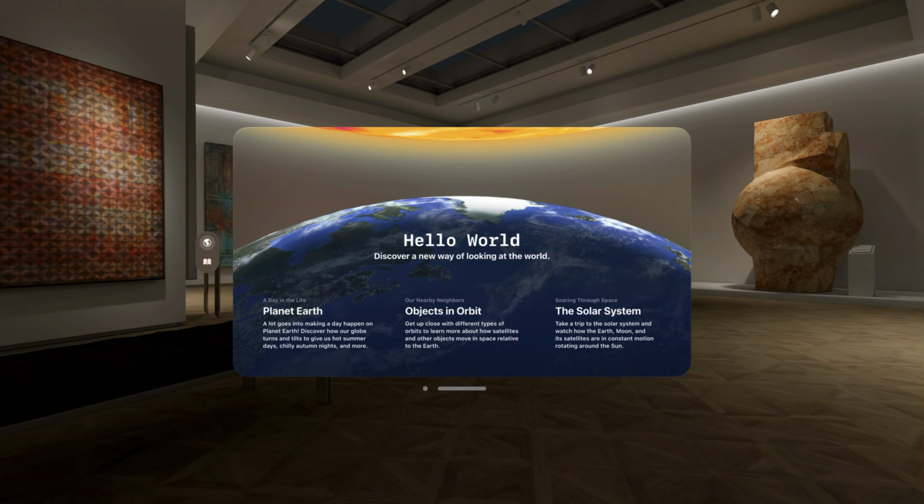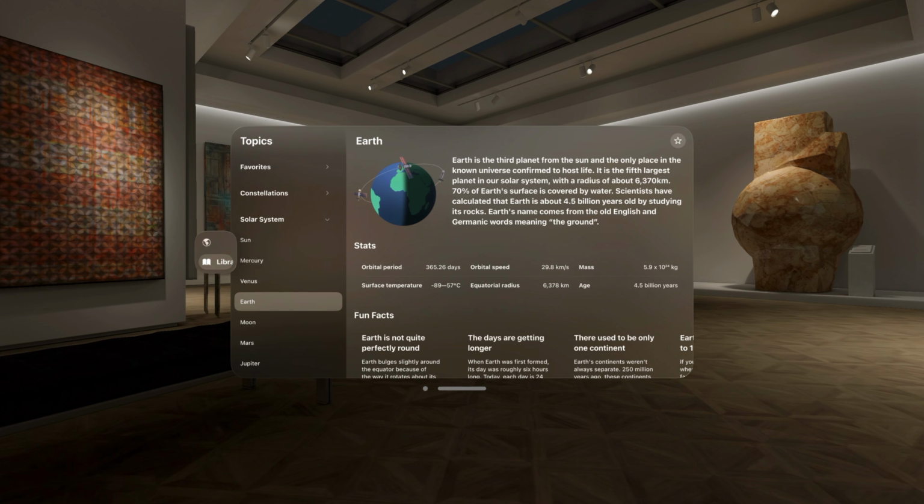Let's take a look at the library detail view I've been working on. I've already gotten started on this page, broken up into a few sections, some summary text, a grid of interesting stats, and a horizontally scrolling list of fun facts. But these sections are missing something. To figure out what, let's take a closer look at our app's materials.